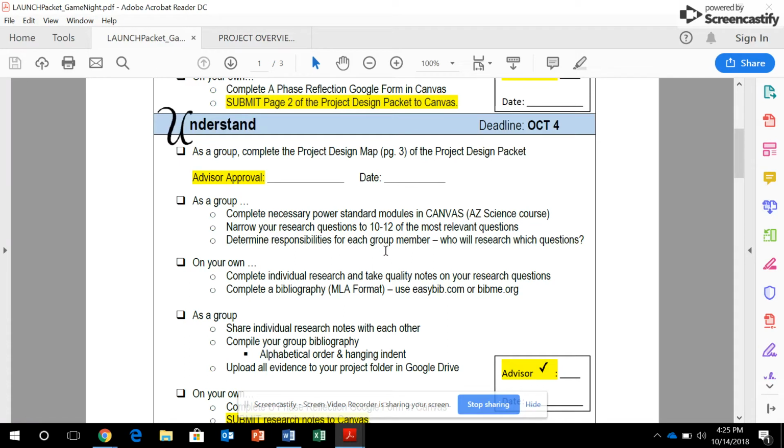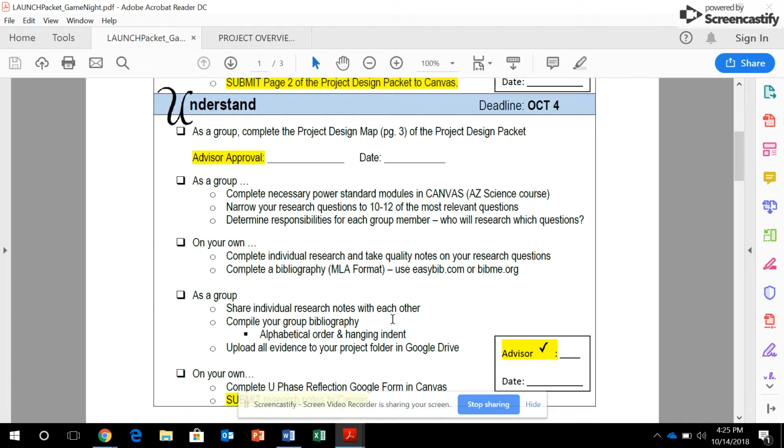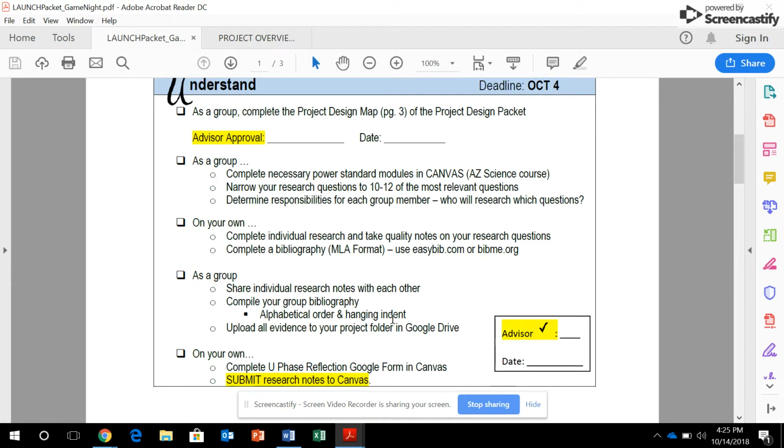Also in Understand, they walk through Power Standards modules in Canvas. I will show you those in just a second. They narrow down their research questions. They again determine roles and responsibilities, who's going to research what. They do individual research and take quality research notes and discuss those notes with an advisor. They complete a bibliography of their sources that they found. And then they come back together and share all their research notes, compile a group bibliography, and upload all evidence